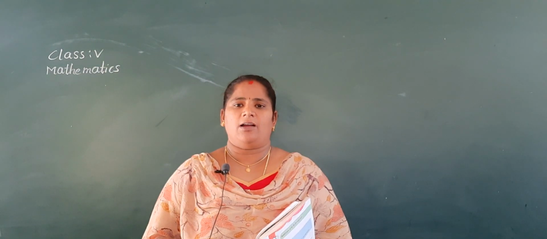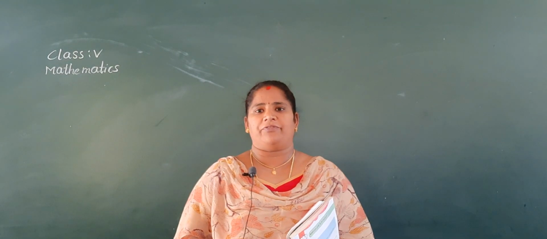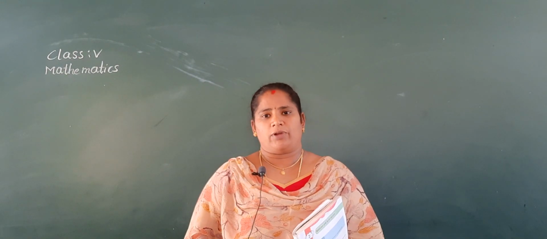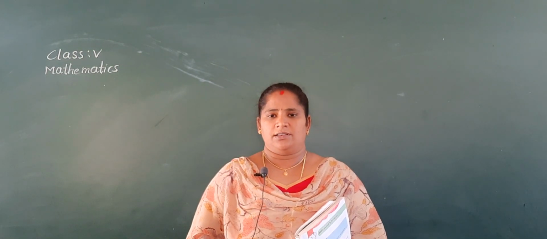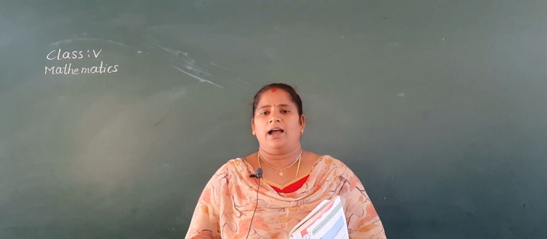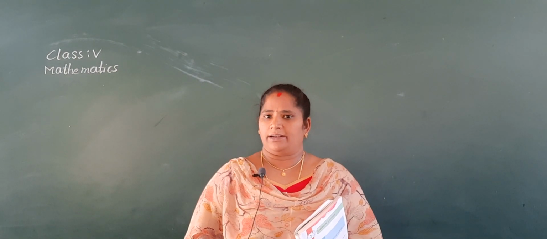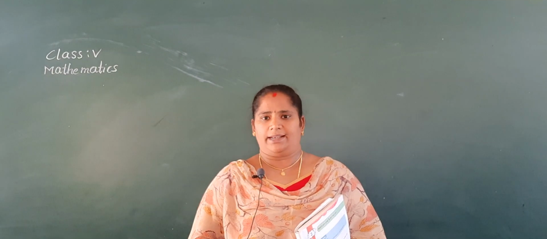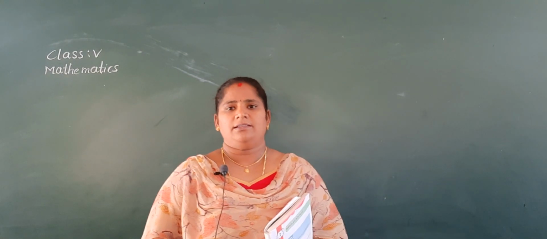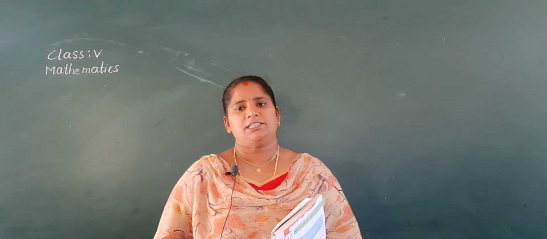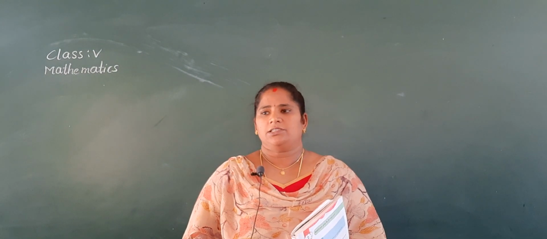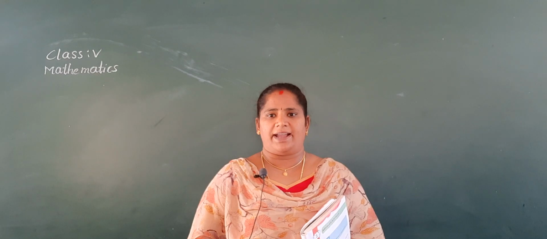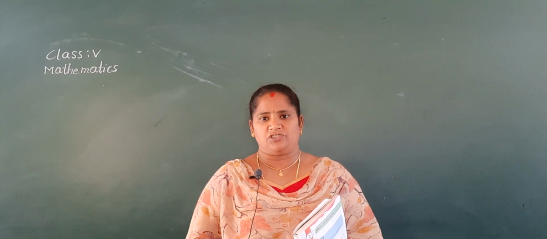Nana already informed you this month you have the FA1 examination on the 29th, 30th and 31st. Are you prepared for that exam? What's the portion for Maths? I already informed you: chapter 1 and 2, and the 2 to 20 tables. So you are well prepared. In the previous class we revised some concepts. In today's class I am going to revise the remaining concepts of the second chapter.